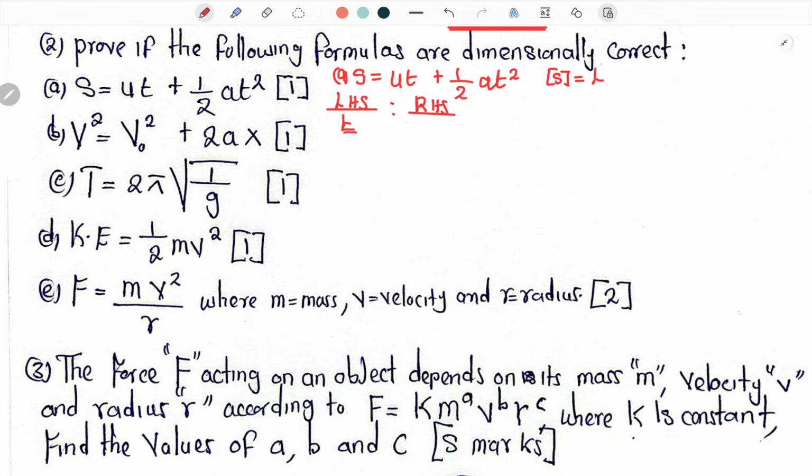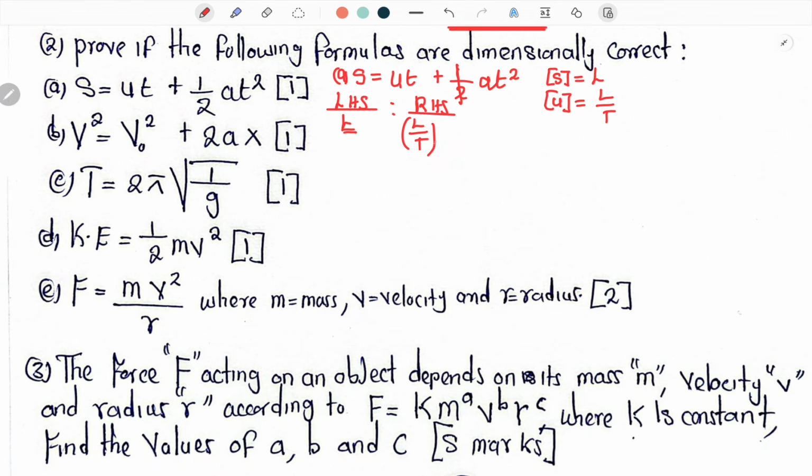What do we have on our right-hand side? On our right-hand side, we can just cancel out this. Then what you're going to have is your ut. The dimensions of u is basically the initial velocity, which is just L over t. So basically we are going to have your L